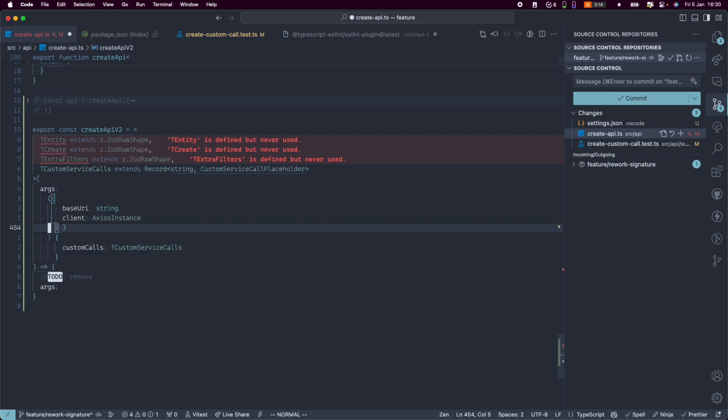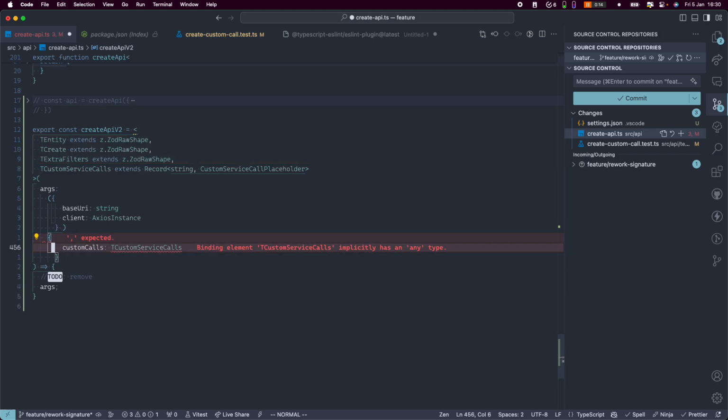Let me think. We want the arguments to be base URI client. We can pass for models, right? But that's optional. The thing is, on is gonna merge them. How can we do this? Because this is